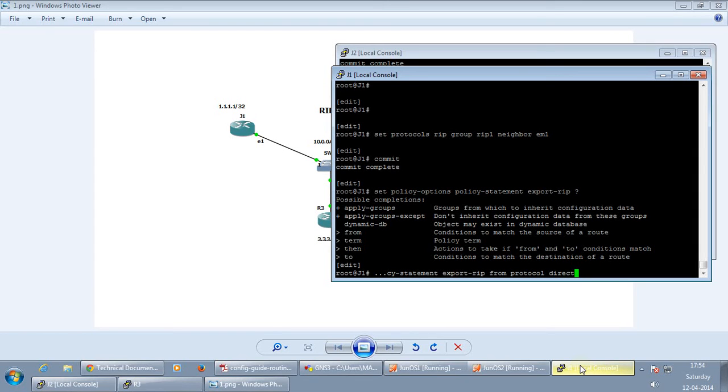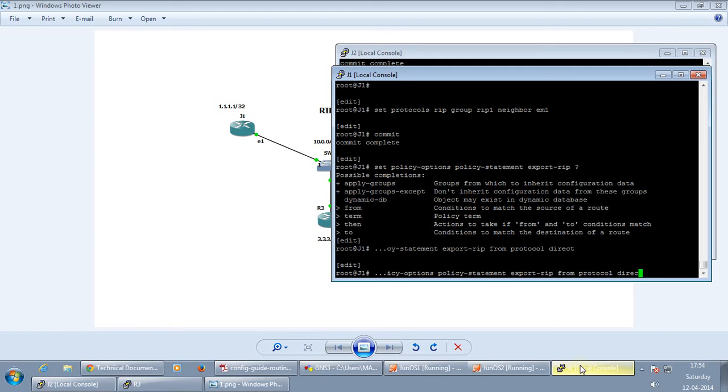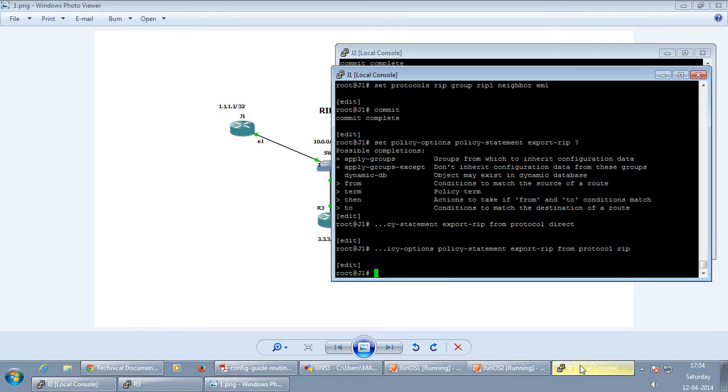If you have multiple connected interfaces, you can define a prefix list for it, so that you can select which interfaces you want to be advertised. Okay, and protocol RIP, this is for advertising the RIP routes that have been received from its peers, and